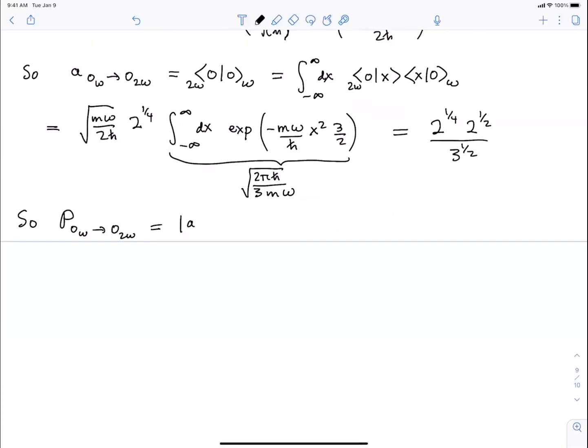And so what we get is that the probability for this transition to occur is the square of the transition amplitude, which in this case is going to be 2 square root of 2 over 3, which turns out to be about 94% chance,